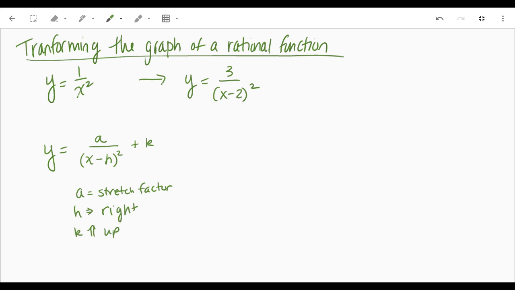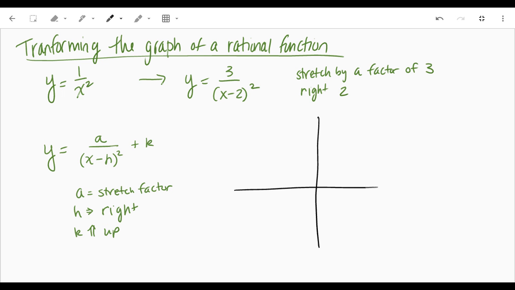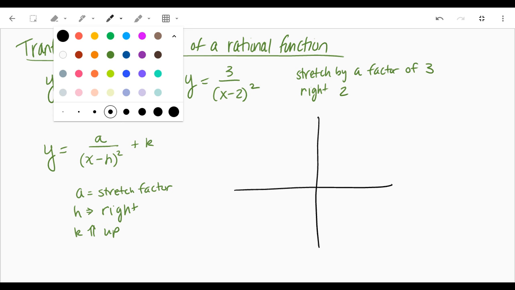Okay, so the one that we have here is going to be stretched by a factor of 3, and we're going to move it to the right 2. So our original graph that they give you